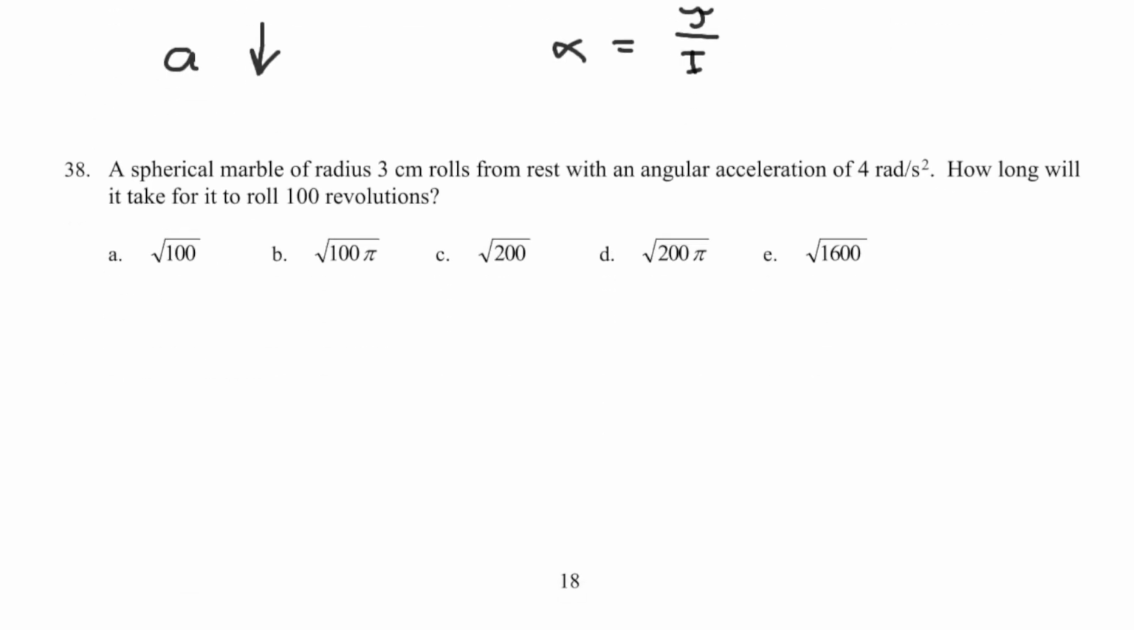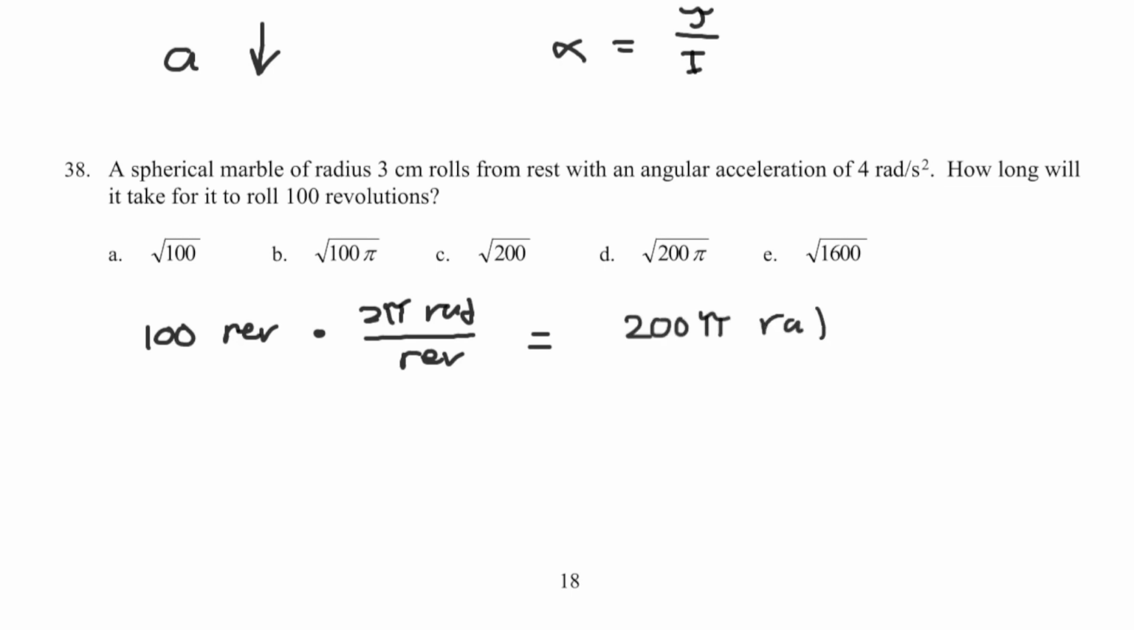A spherical marble of radius 3 centimeters rolls from rest with an angular acceleration of 4 radians per second squared. How long will it take for it to roll 100 revolutions? So again, we don't use revolutions. We use radians. So that's just going to be 200 pi. So we're just asking, how long does it take to go